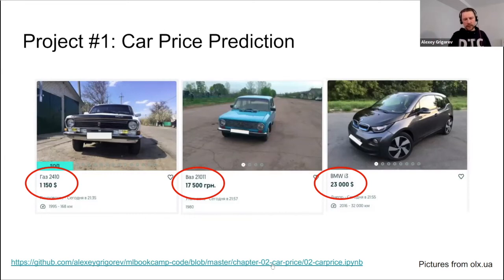Of course I give you a link. This is code from the book that I mentioned at the beginning. That's actually one of the projects from the book, and this is a project you can do. If you do this project, you will learn about regression. Regression is a concept from machine learning for when we want to predict a number. Here, the price is a number. So we need to build a linear regression model for predicting the price of a car. You can do this as a first project.